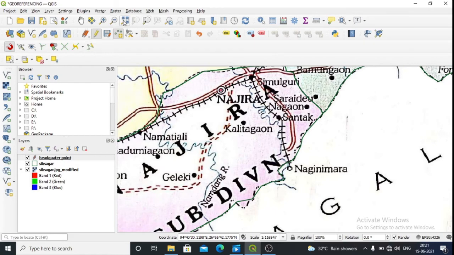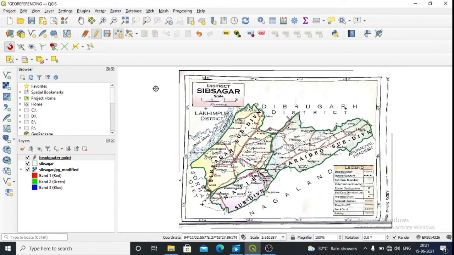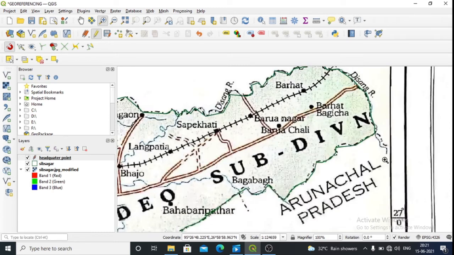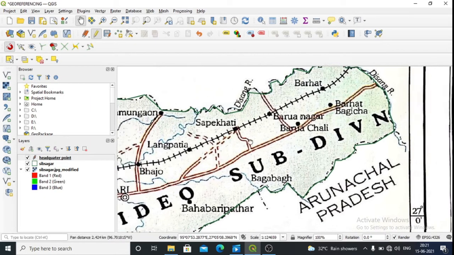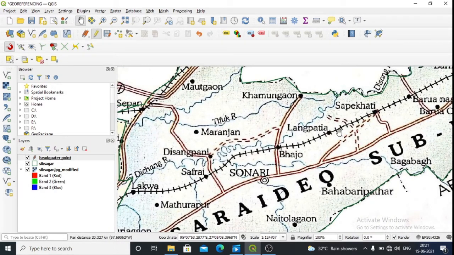So again click this option. Enuka dhoronor karjabuk eta loi nathakiba because mistakenly if you just click here, then a point feature will be added. So better you use this feature. Okay, so we have another one. I think somewhere here. Yeah, this Sunari is another headquarter.